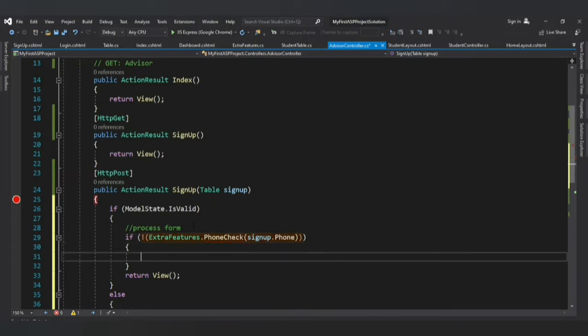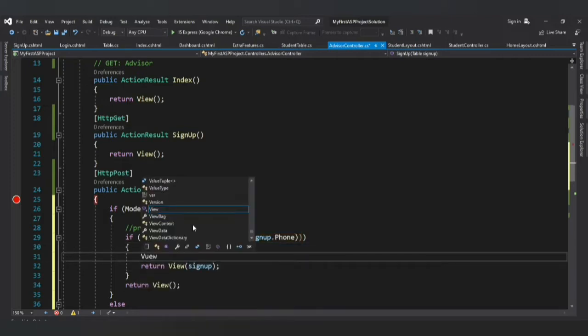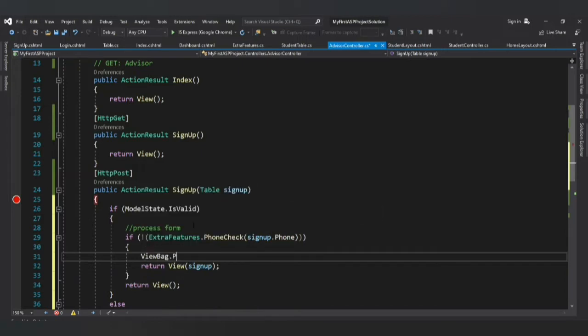So if this is wrong, then it's going to return you back to the view with a phone error, viewBag.phone error, that says enter a valid phone number. Okay,